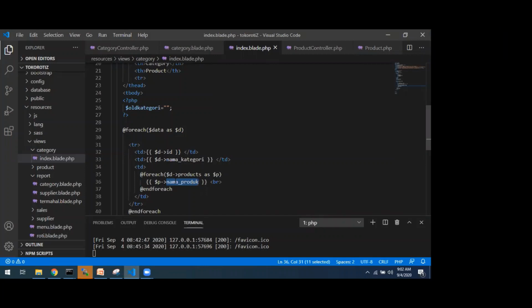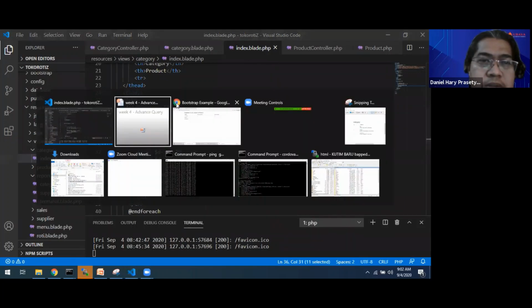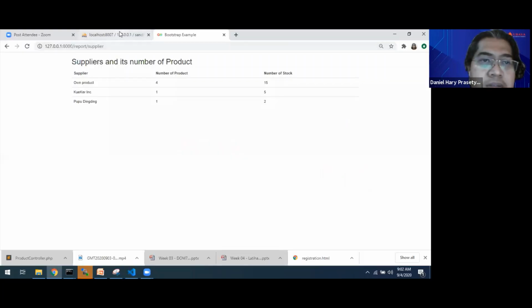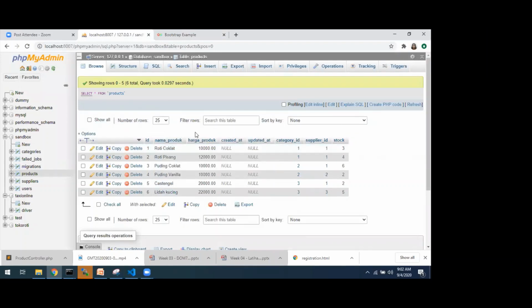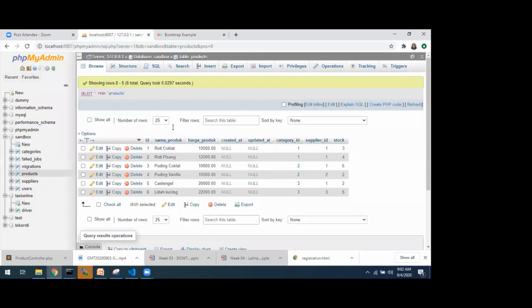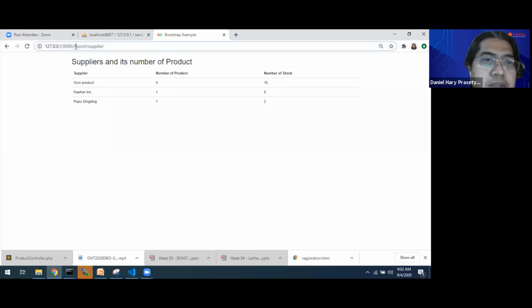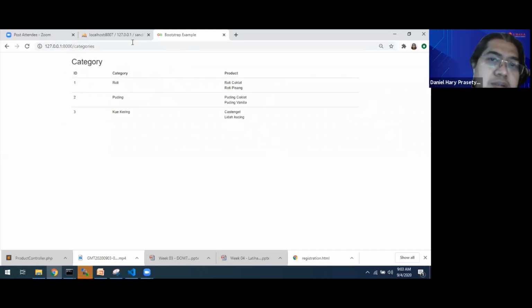So should it be product dot name? In your database product table, it's following this one. Oh, okay. Okay, we can try it in categories page.